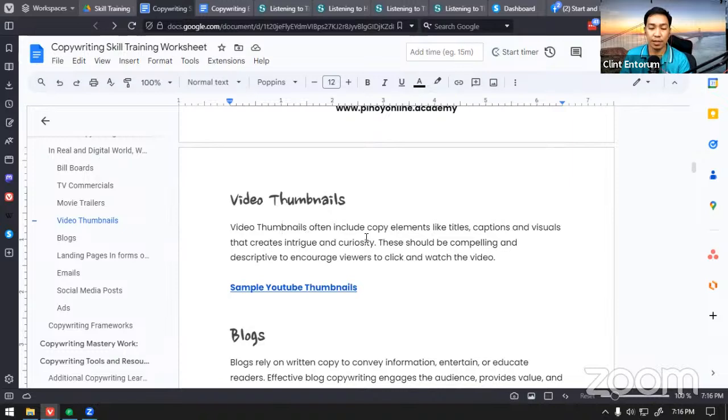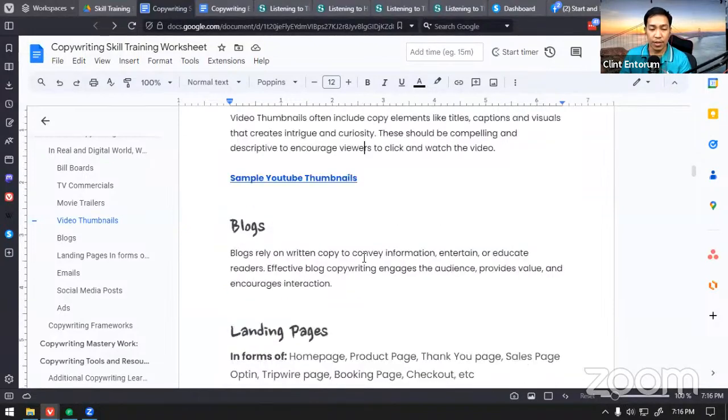You will combine a few simple words in your video thumbnails so that people are more likely to click or view your YouTube videos or even videos on other social media.